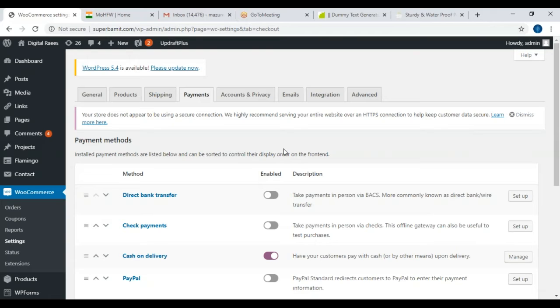Once you have created an e-commerce website, what is the next step? I want traffic on my website. For getting traffic, I do the advertisement. For doing advertisement, what is the first step? We have to create a Google Merchant Center account. After creating Google Merchant Center account, we have to insert the feed. And once feed is created, then we go to Google Ads and we create a shopping ad.